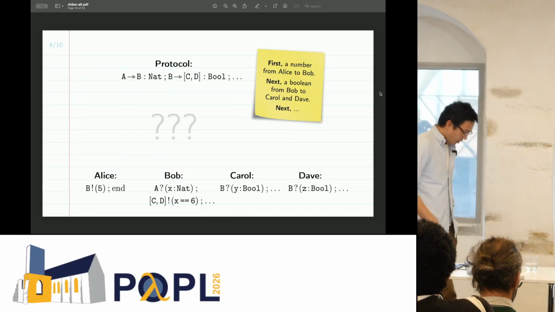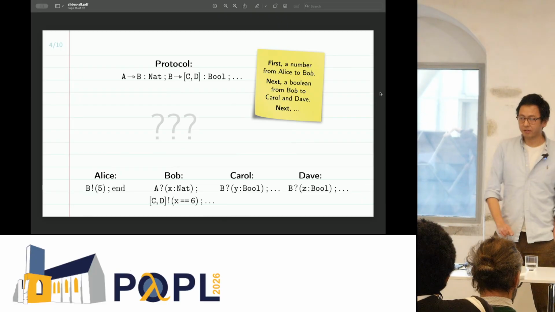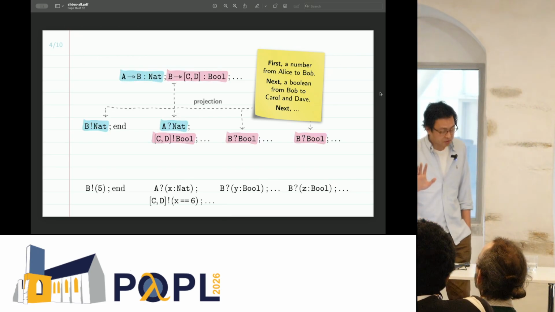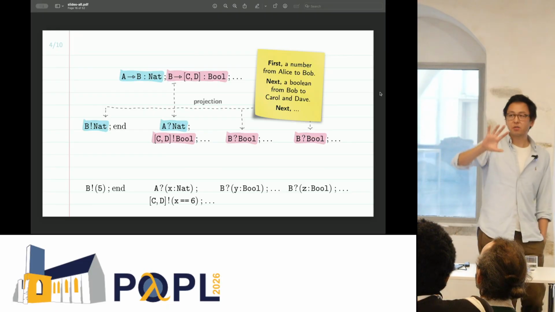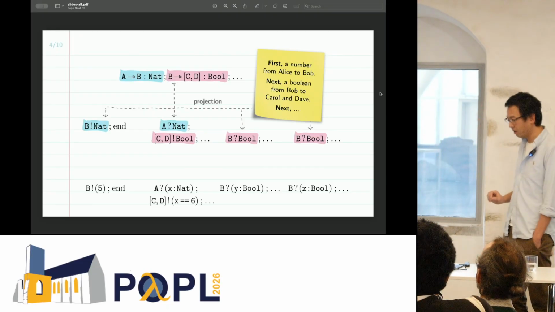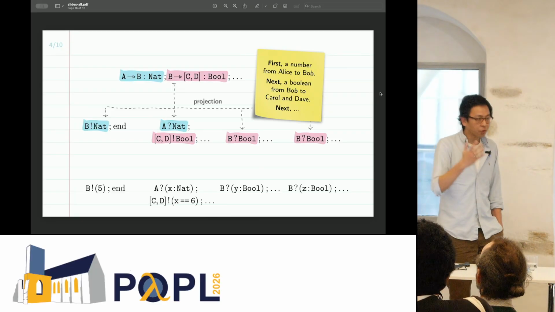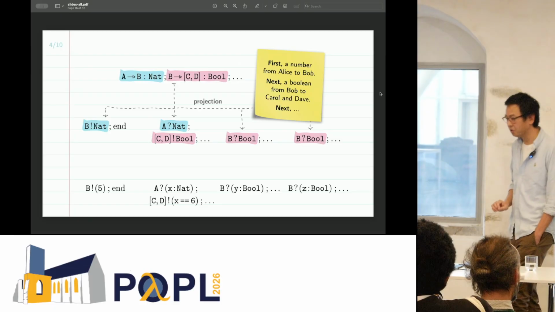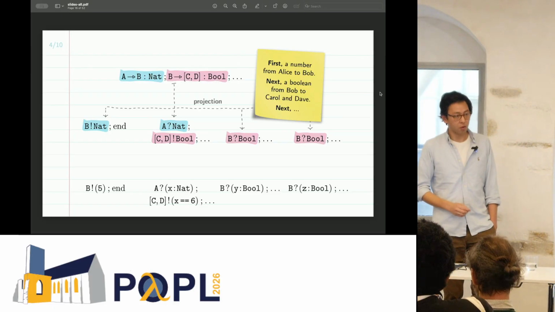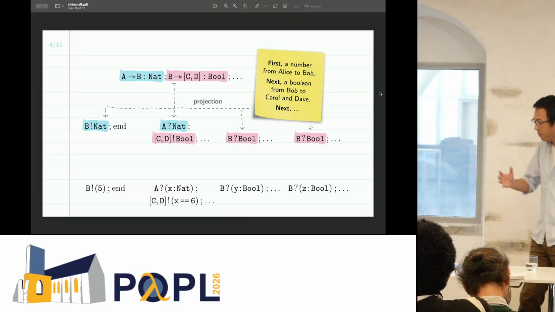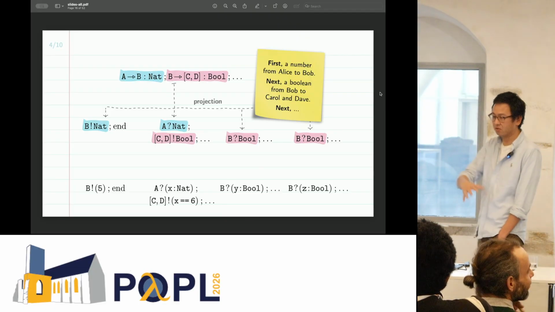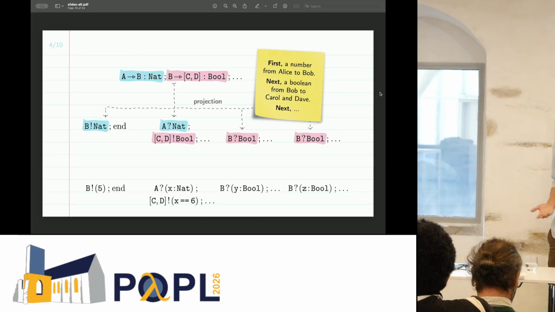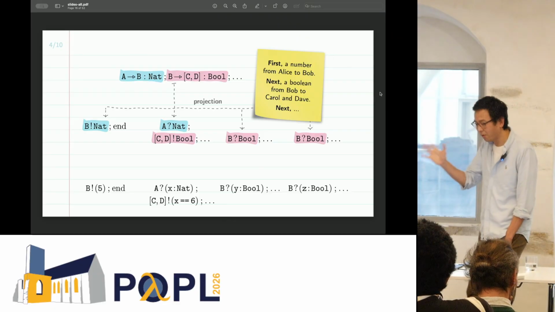Now, if we want to do multi-party session typing, we now need to proceed with 2 steps. In the first step, we'll extract from this total specification at the top a partial specification for each of the processes that defines exactly what that process is supposed to do to comply with our protocol. So for instance, for Alice, we have this partial specification that says that she needs to send a number to Bob, and for Bob, we have something that says that he needs to receive a number from Alice, right? There is this duality here.